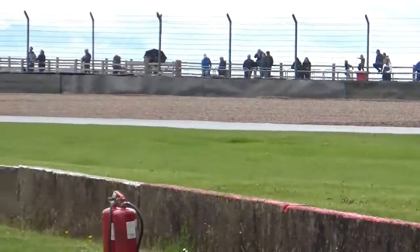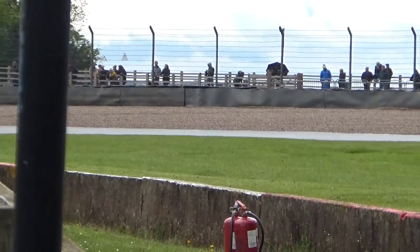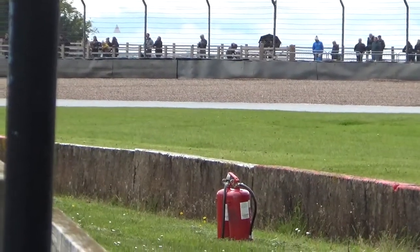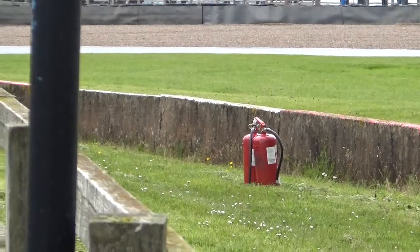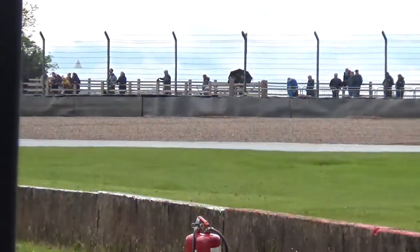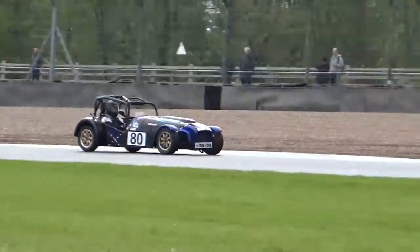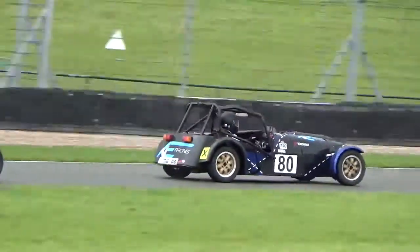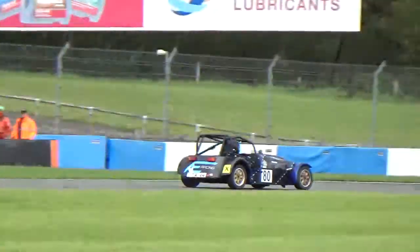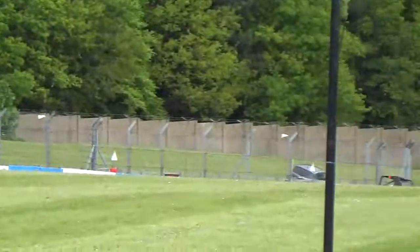Yeah, so still we have the car being recovered at Coppice. The snatch vehicle is now on the scene as well to try and deal with that, just as the 2 leaders go past it. And you can see from the body language on the track, there's not an awful lot of good there. Different lines being taken by Powney and Lister, who are a long way clear of everybody else now, as they go through Coppice Corner, down the exit straight towards the chicane, right and left onto the Wheatcroft Straight again, and it is still